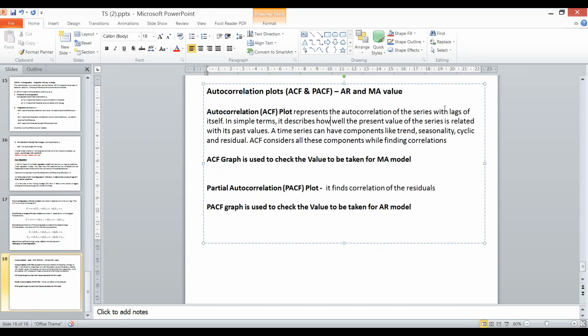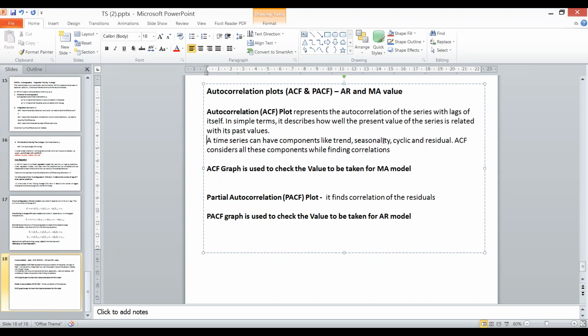In auto regression with lags itself, you can read the theory, and time series has components like trend and cyclic. So we'll be plotting these graphs, and using the ACF graph we'll be finding out MA, the moving average, how many days I should consider for the moving average concept, and the PACF, that is the partial autocorrelation graph, is used to find out the AR value. When we give values to the ARIMA model, let's say for AR I want to consider 8, for integration just 1, and for MA I want to consider 5 days.